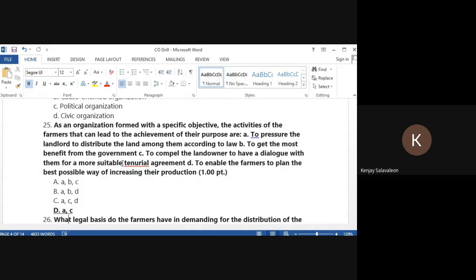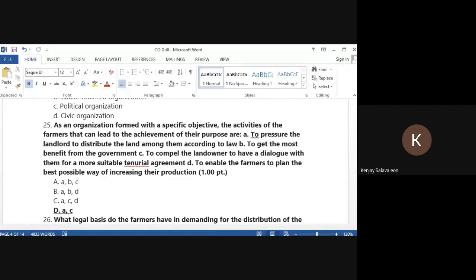So, makikita naman natin, no, that the model that we are trying to use is social action. And if it is social action, kasi ang problema is systematic, no, within the relational oppression between the landlord and the farmers. So, more likely we are using social action. So if our model of community organizing is social action, so we can identify A and C as the most suitable na intervention. Kasi if we try to look at letter B to get the most benefit from the government, again,